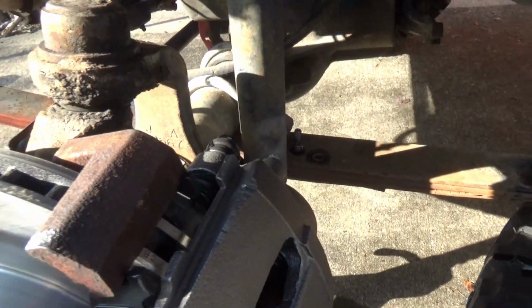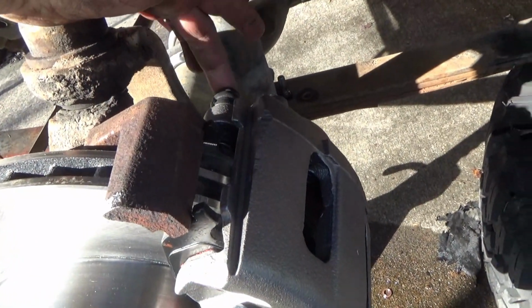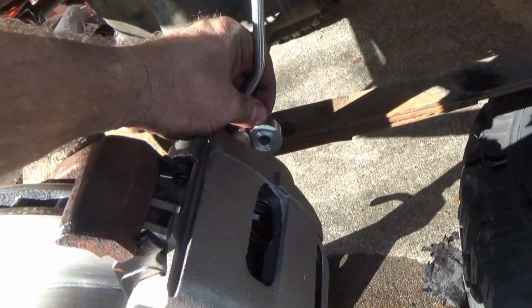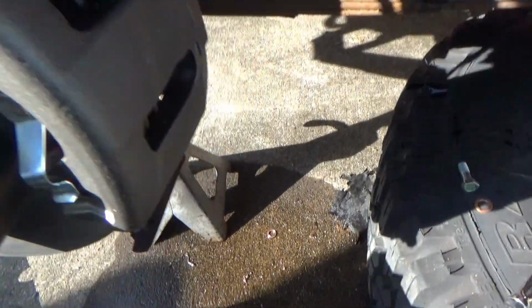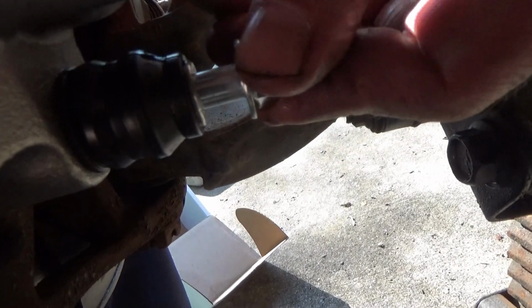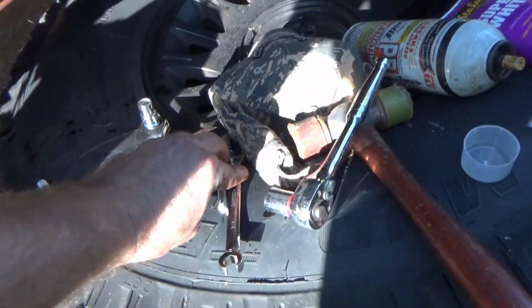Yes, I know I ain't put the brake line in yet because there's a reason for it. Once you get the caliper pretty well stabilized, I'm going to go ahead and just put the bolts in for right now, but I'm not going to tighten them up. That gives you some leverage to be able to tighten up your brake line. So I'm just going to take these bolts right here, halfway put them in for right now. You come down here, put it in this one, monkey it around until you find it line up. Screw it in a little bit. Get this one,